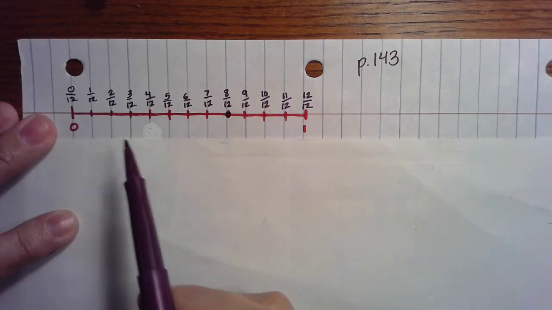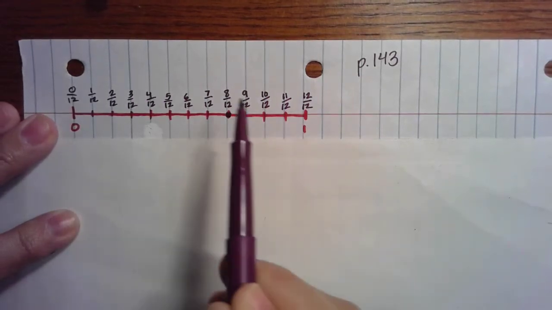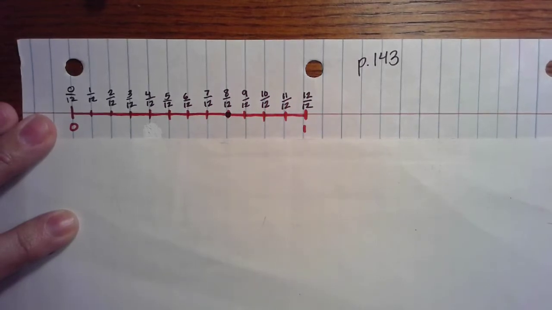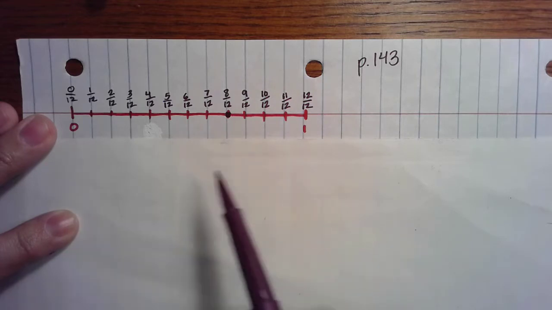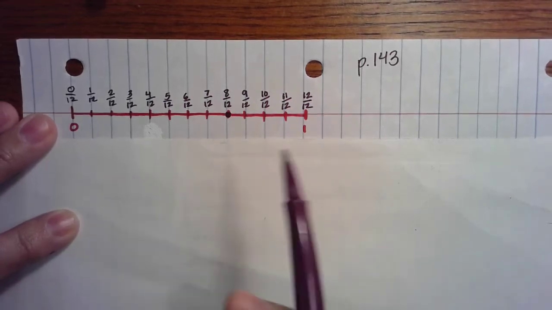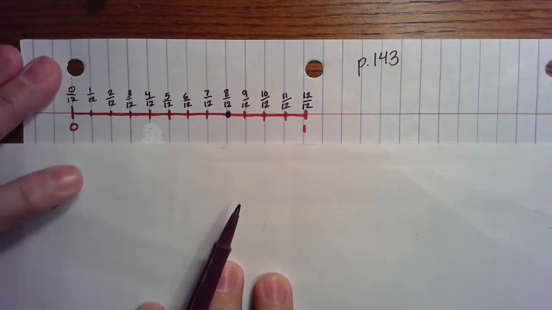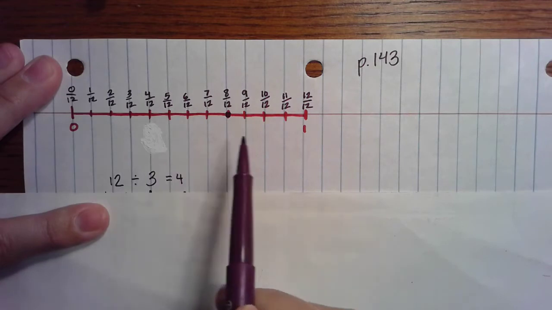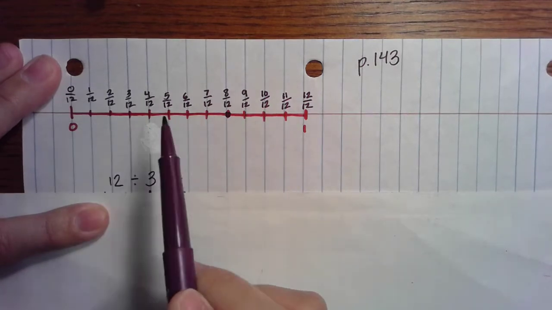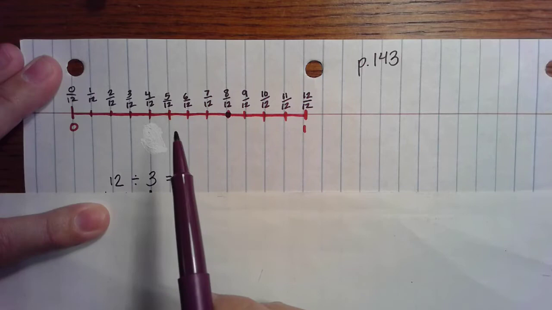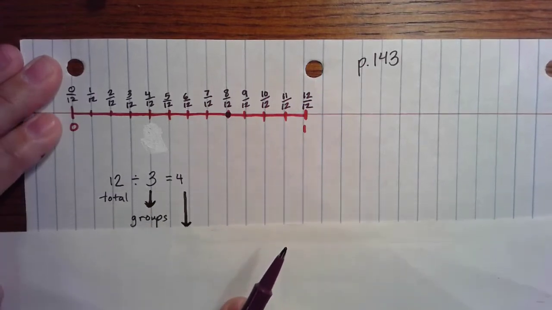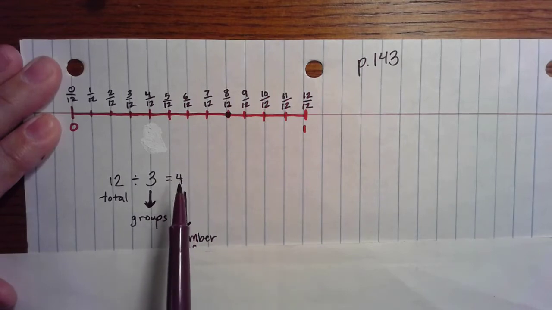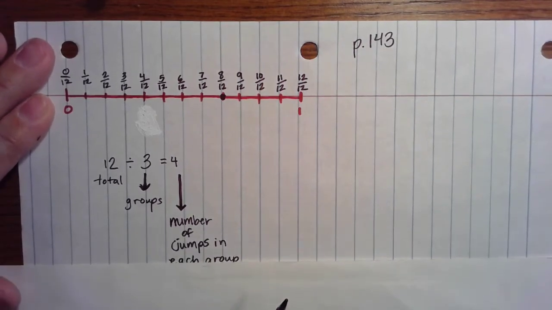Another way of thinking of it would be to say, well, I have 12 jumps here, but I wish it was divided into thirds. So if I have 12 and I want it to be broken into 3 parts, that's starting to sound like a division sentence to me. So I have 12 whole jumps, and I want it in 3 groups instead of 12. So it's like this, kids. 12 total jumps divided by 3 groups, that's 4. And 4 will tell us the number of jumps